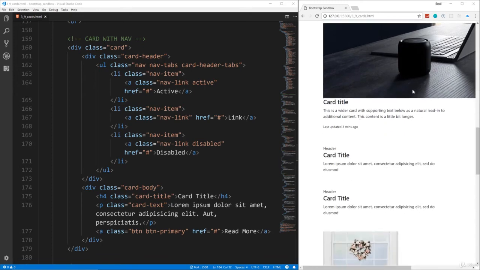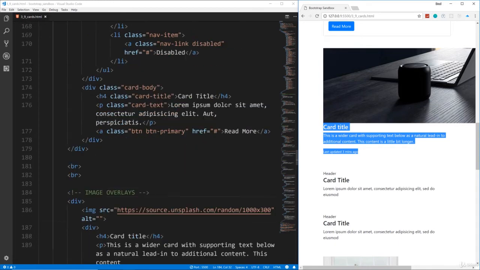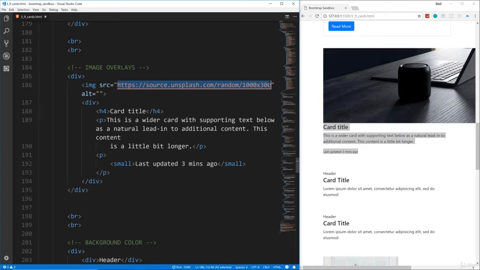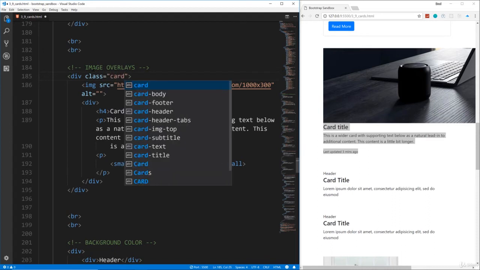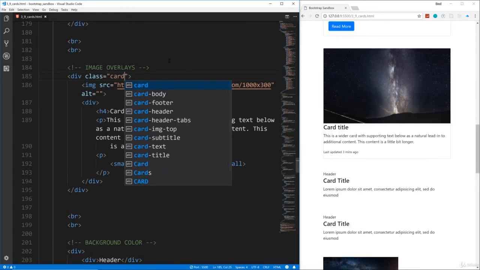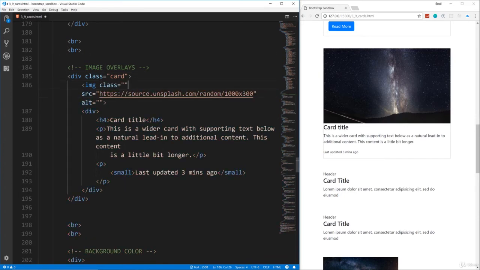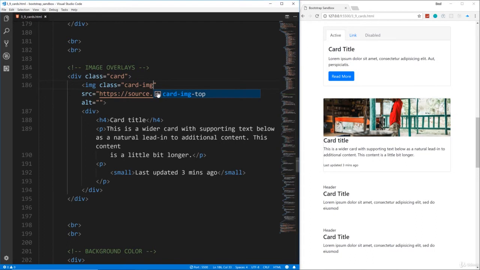Now another thing we can do is image overlays. So if we wanted to take this content and put it inside the image or have the image as a background, we could do that. So let's go down to where it says image overlays. I'm just using a random image from Unsplash, and basically we can just add a class here of card. Okay, and then for the image, we're going to give that a class of card-img. And if I save that, the image is now fit within the card, but